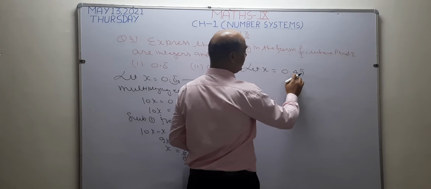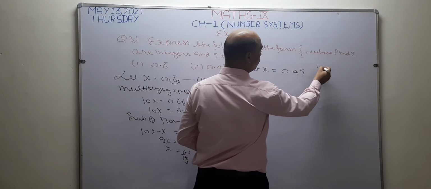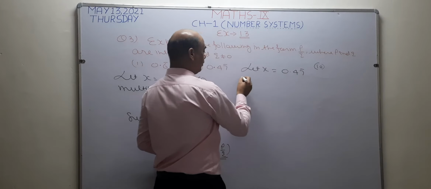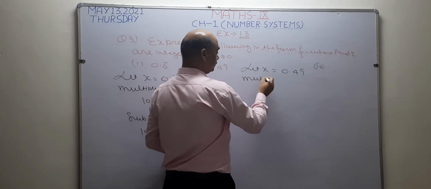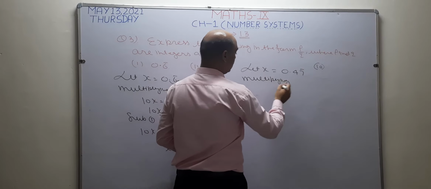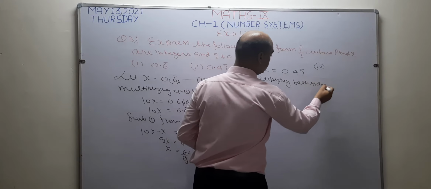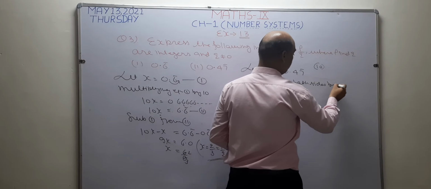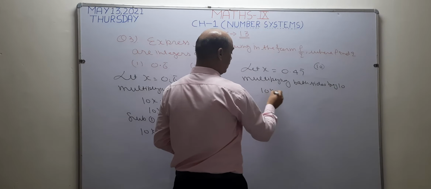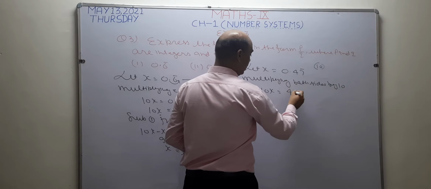For this, how many digits is this decimal going to cross? 1 digit. 1 digit means 10. It means I am going to multiply this number by 10. So write here, multiplying both sides by 10. When I multiply x by 10, this becomes 10x. When I multiply this number by 10, this decimal goes in front of the bar digit.